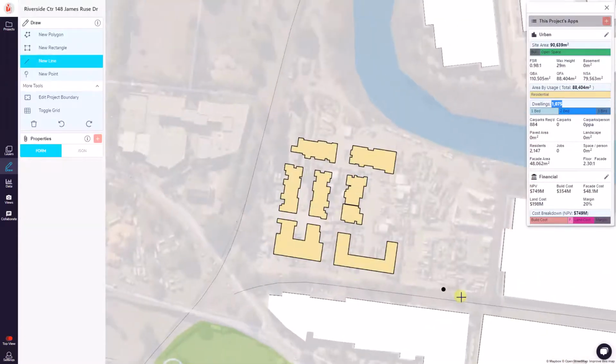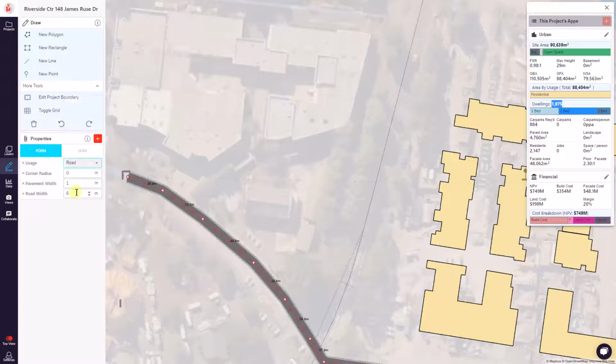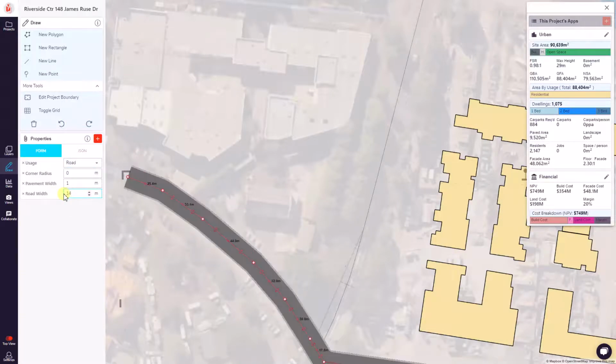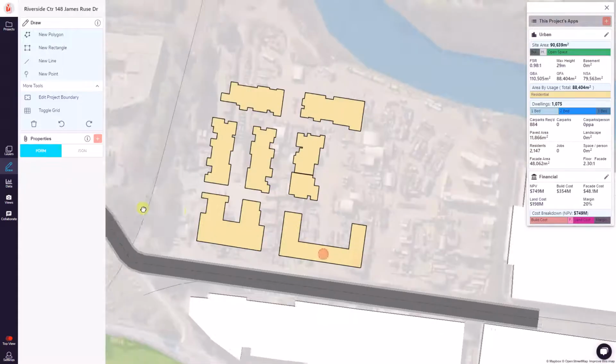So the next thing I'm going to do is build a road just to anchor this little master plan. And I double click there, click road. The width of a road, probably say 16 meters. And the pavement width we'll put 2 for a full road reserve of 20 meters. And I'll give it a 25 meter corner gradient so that we actually get some nice curvature here. Okay,